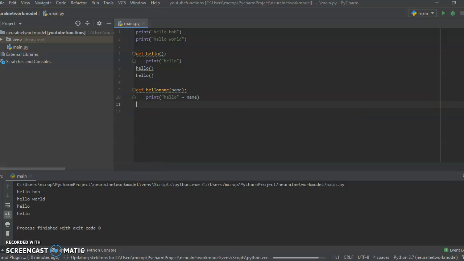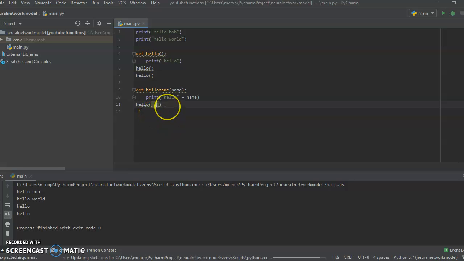So now when we call our function, we pass our function an argument. So when you're calling a function, what goes into the parentheses is called an argument. But when you're defining a function, what goes into the parentheses is called a parameter. Now, a lot of people use these terms interchangeably, but that's not really correct. So where it says hello, we're going to just want to pass a name. So we can pass